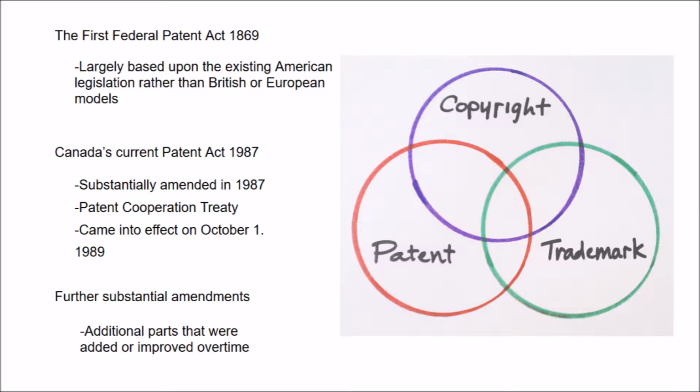Canada's current Patent Act was substantially amended in 1987. Further substantial amendments were introduced in 1992 and 1993. Patents granted or applied for prior to those dates remain subject to the earlier law. The main cause of the amendments was inventions such as bromine extracts and calcium carbonate for acetylene. Anyhow, due to the medical improvements and inventions of new medical supplies and pharmaceutical products, substantial amendments were introduced. The results made a distinguishable difference between Canadian patent law and US, British, and European rules.